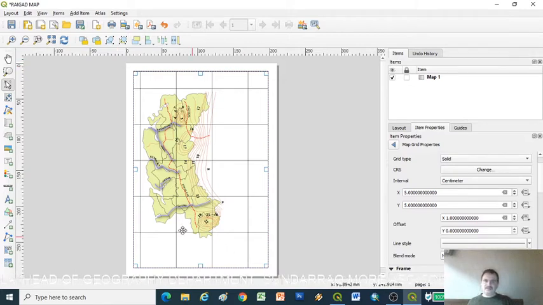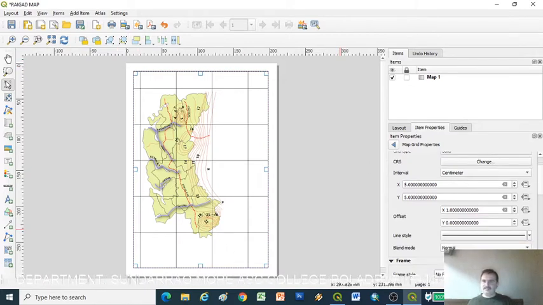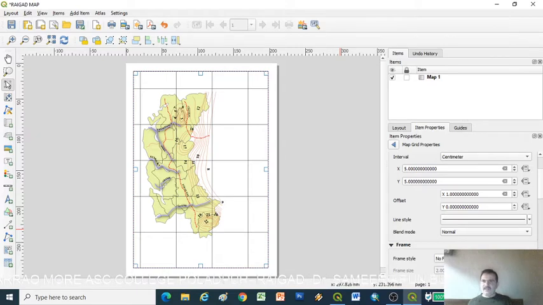Now this grid comes out. In this way we can put grid in our map properties.